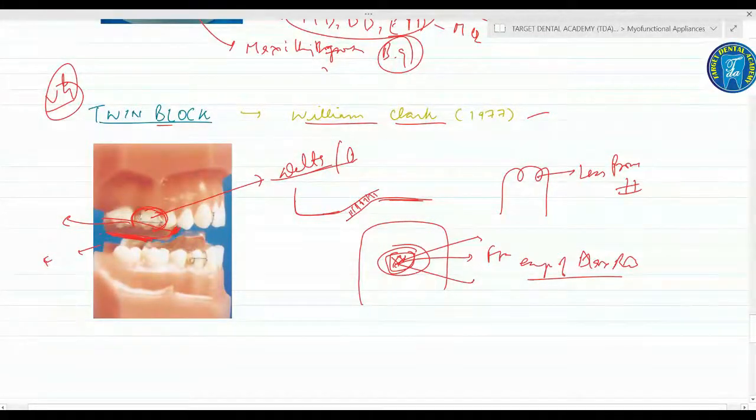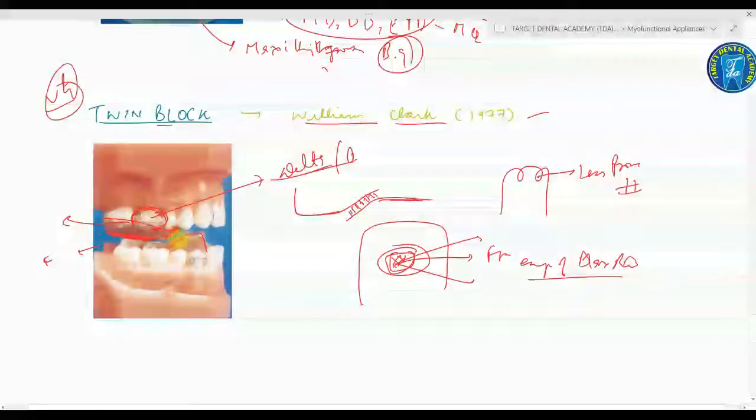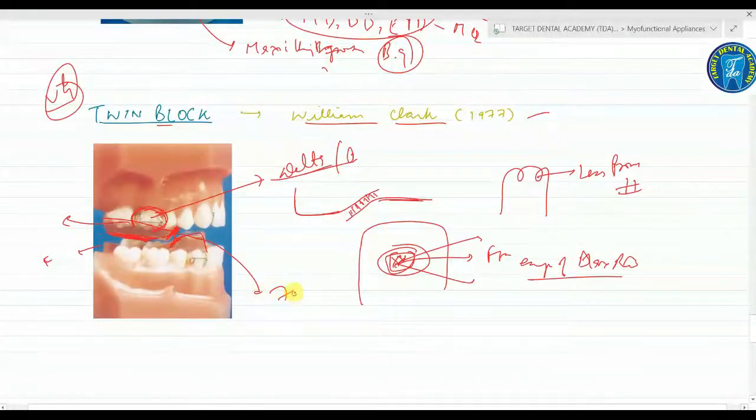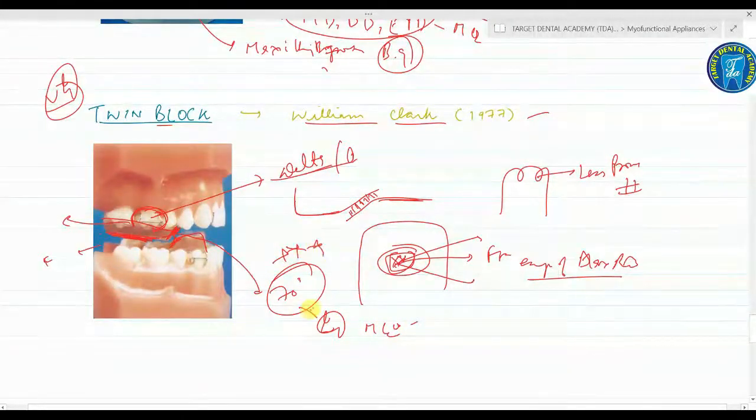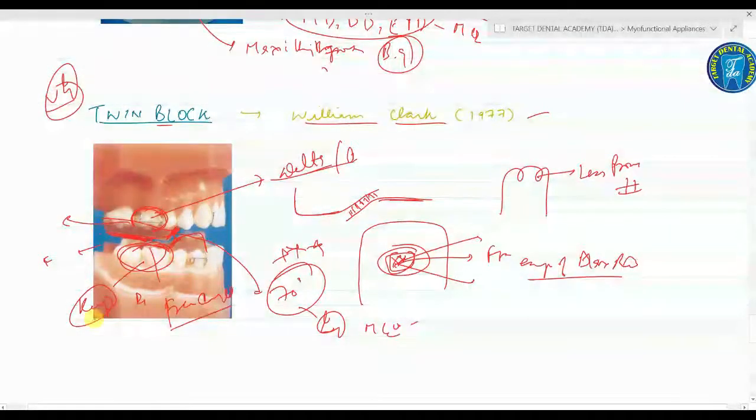Right? And in the lower bite block, it extends distally up to the distal margin of the second premolar. So this is the inclined plane. The angle between the two inclined planes is 70 degrees. Very important, commonly asked MCQ. Right? And the lower molars are kept free from the bite block. Why? For their free eruption. For the free eruption of the mandibular molars, these are kept free. Right? And the bite blocks interlock at 70 degrees.